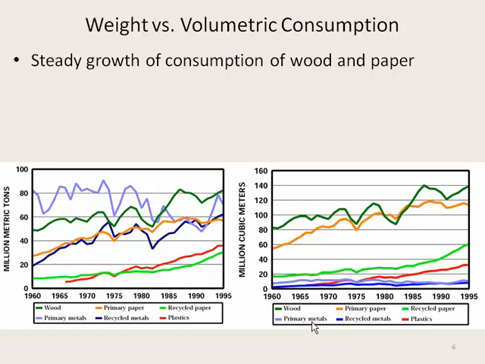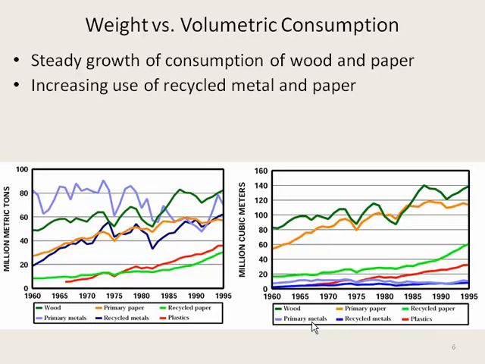If you look at the trends over that time in metric tons versus cubic meters, they do tend to track somewhat in that there's been a steady growth in some categories such as wood and paper. When you look at the volume, though, of some areas, you'll find that some of the volumes have not increased as dramatically, but others have. The big change has been the fact that there's been increased use of metal recycling and paper.